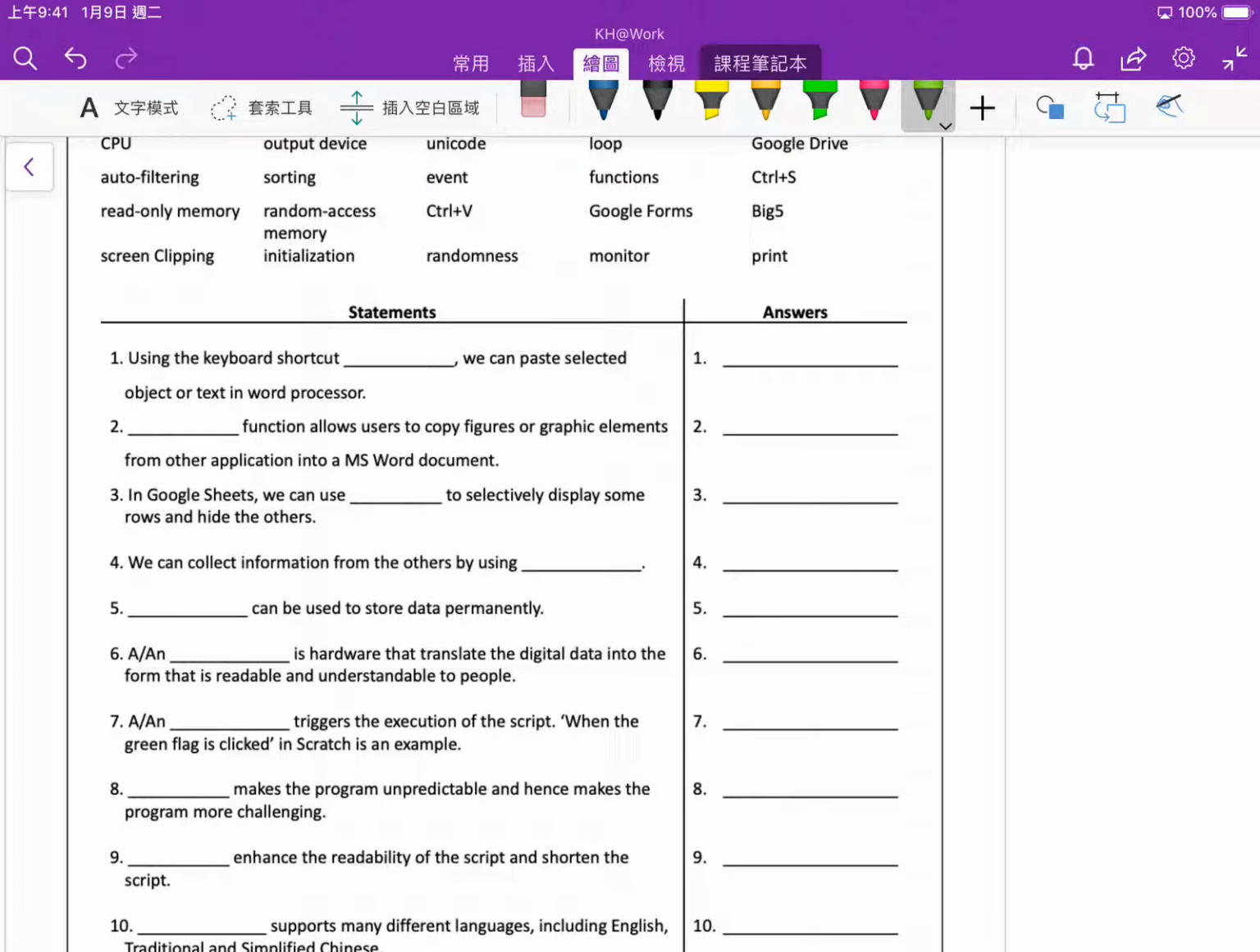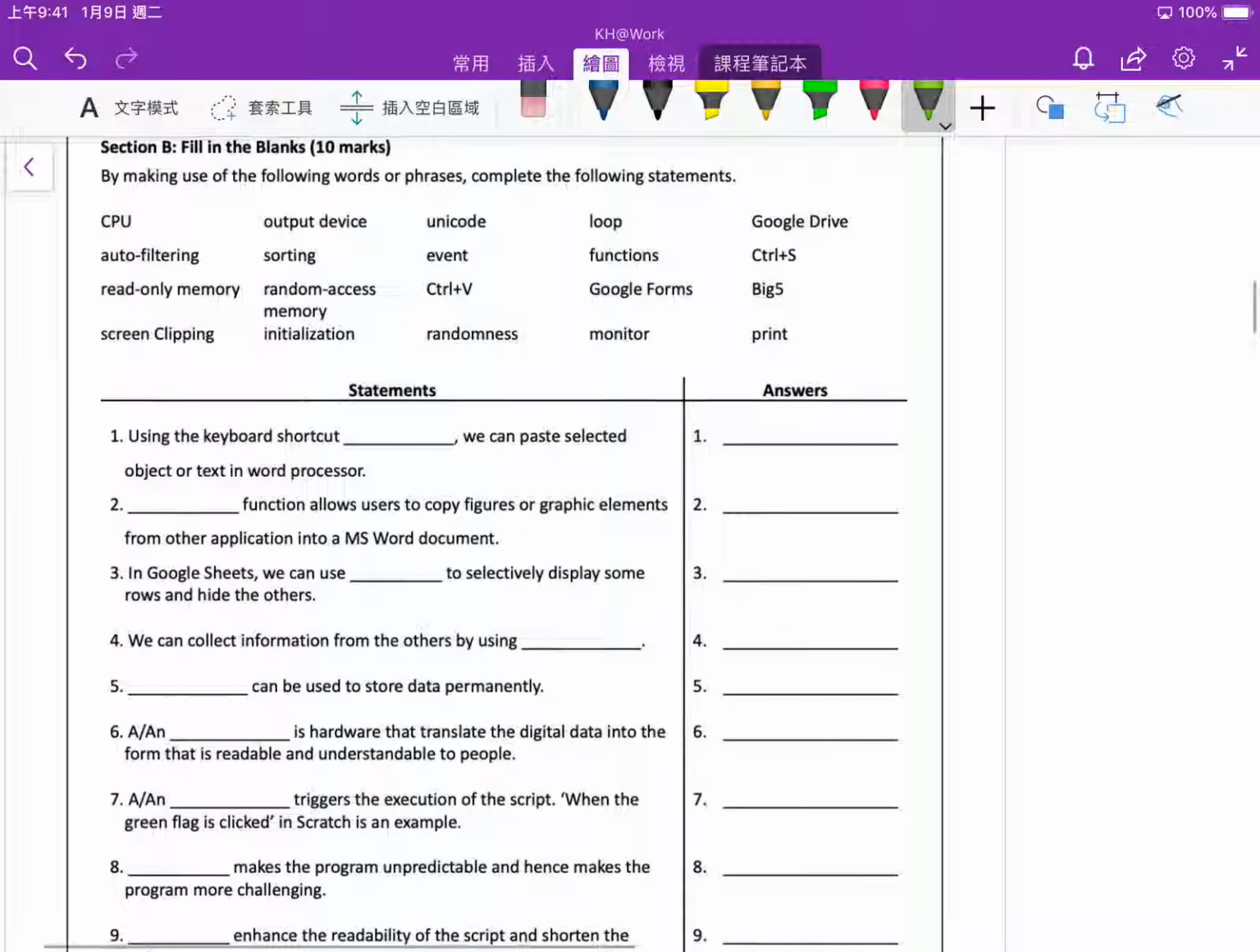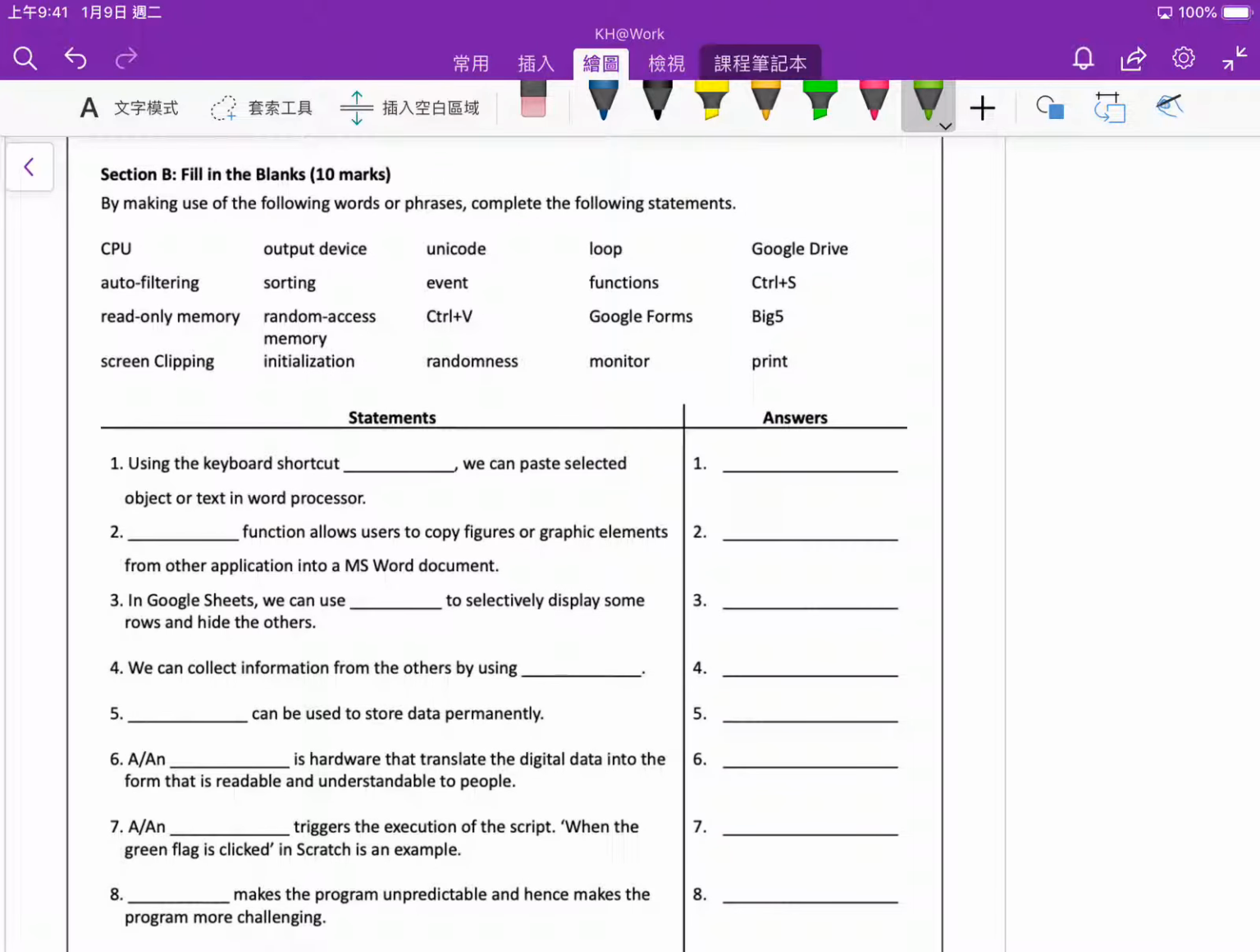Okay, now comes the 2017 Form 2 ICT final examination debriefing on fill in the blanks. Here you see that there's quite a number of questions, and let's take a look at question number